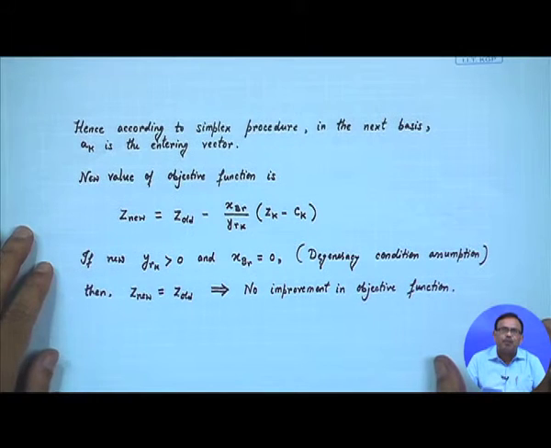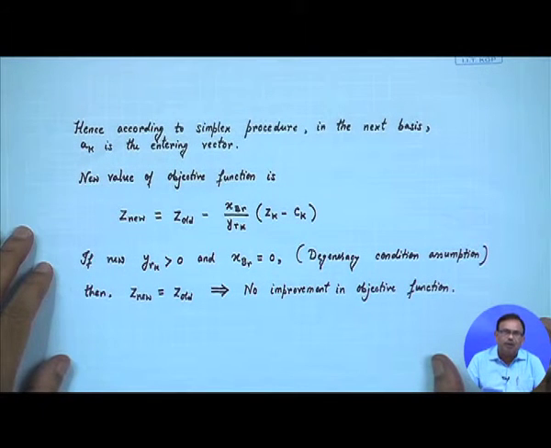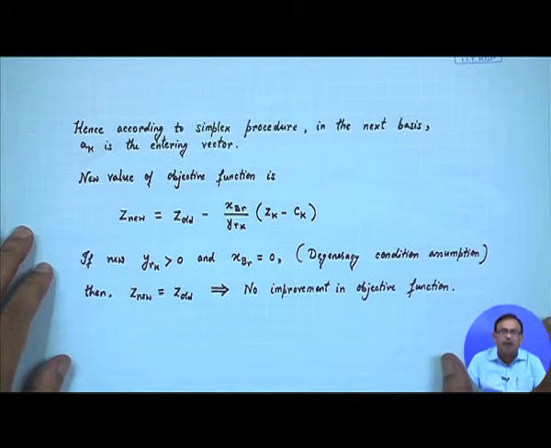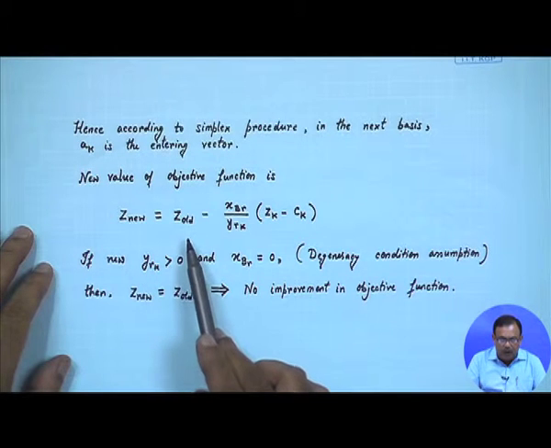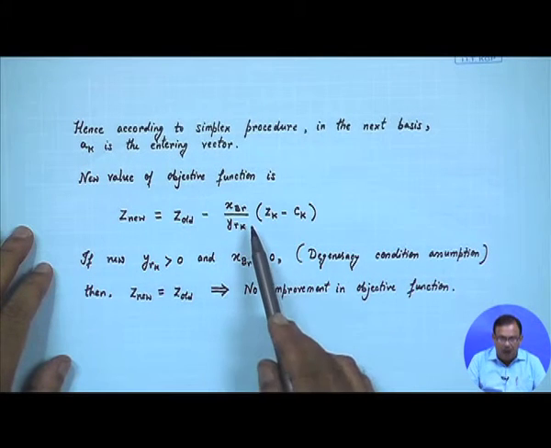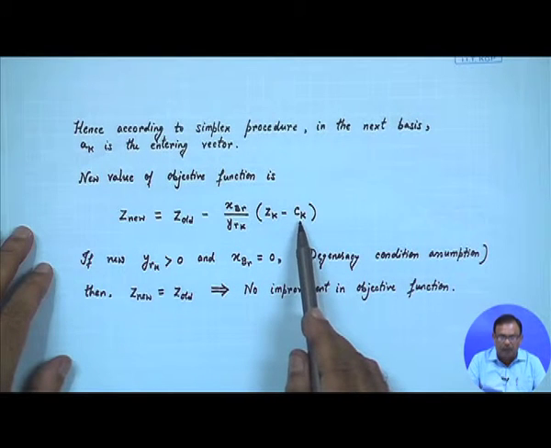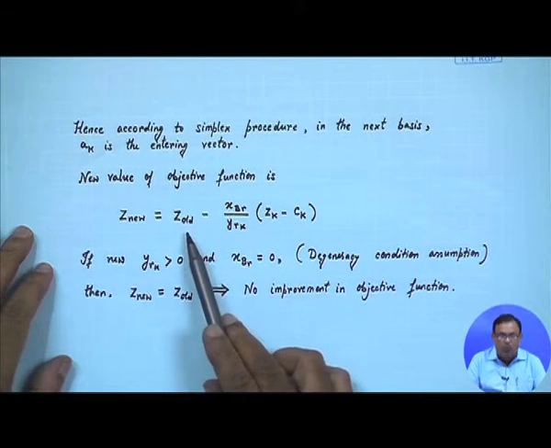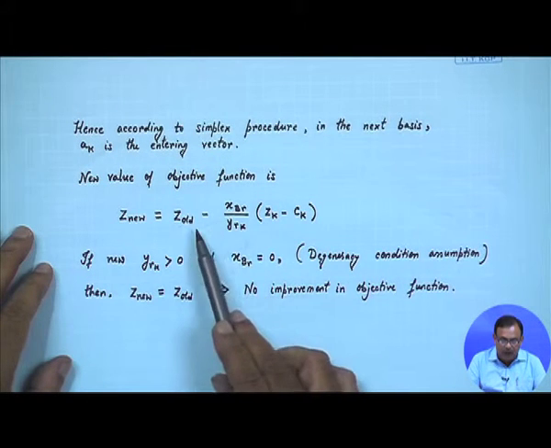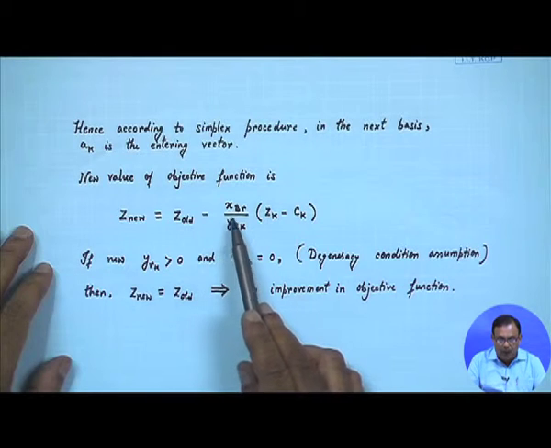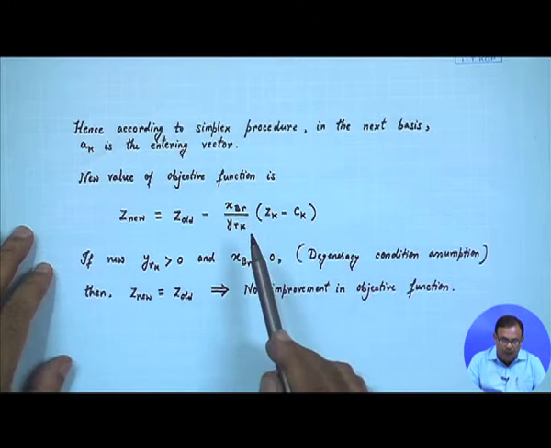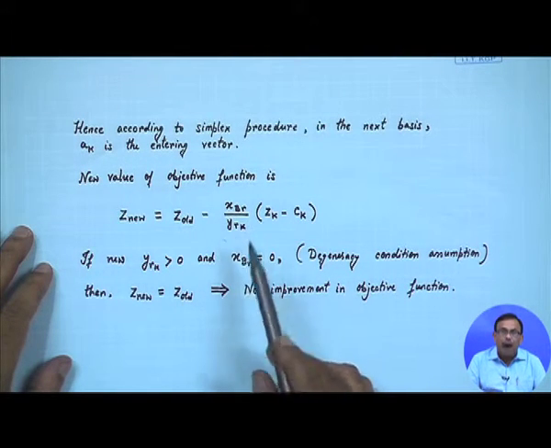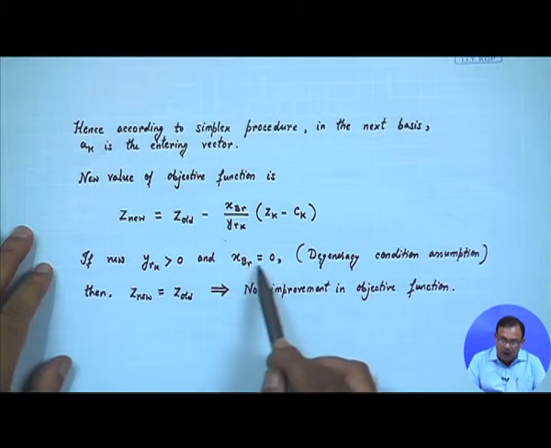Hence, according to the simplex procedure, in the next basis a_k is the entering vector. Now, what will be the value of the objective function? Z new equals Z old minus x_Br by y_rk into (z_k minus c_k). Note this one: Z old is the iterative value, and it changes by x_Br by y_rk into (z_k minus c_k). Now, if y_rk is greater than 0 and x_Br is equal to 0,